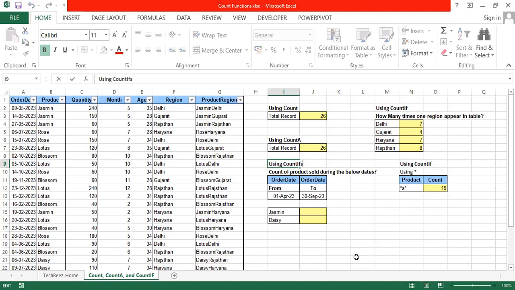CountIfs, right? So the use of CountIfs. If there is a date and you would like to see how many times the product Jasmine and Daisy comes, so the count of products sold during the below dates, right? So this is the product Jasmine and Daisy, and we would like to see how many products we have sold during these dates. So let's see